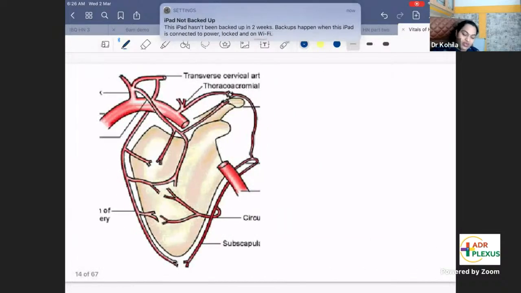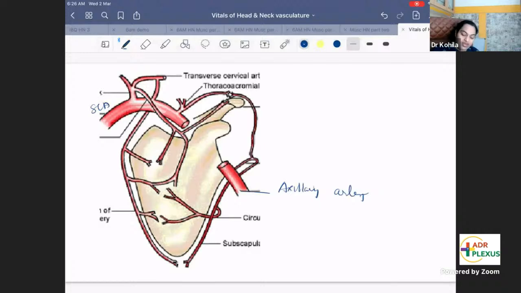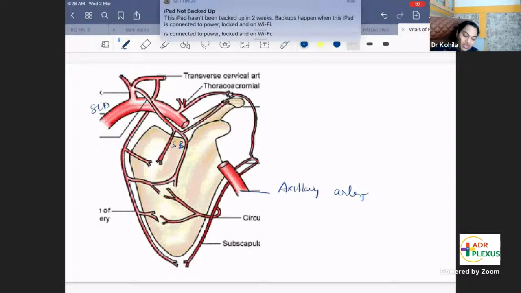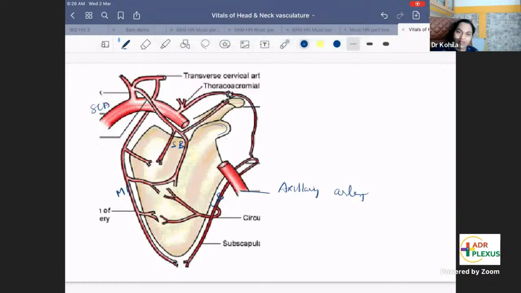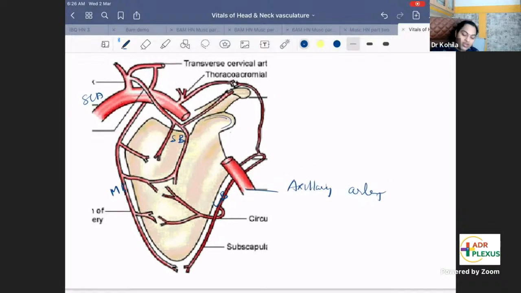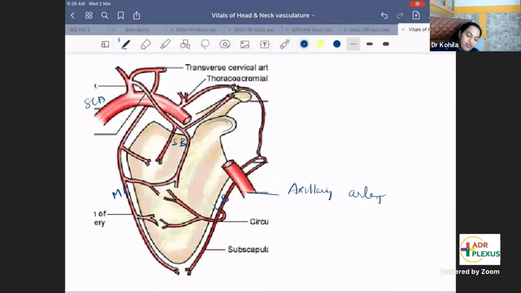Okay, so this is your axillary artery. This is the subclavian artery. This is the scapula. So this is the superior border of the scapula. You see the glenoid cavity, and this is the acromion process here. So this will be the lateral border of the scapula. This is the medial border of the scapula. Okay. Now the artery related to the upper border of the scapula is